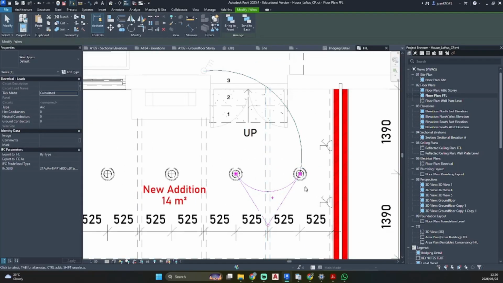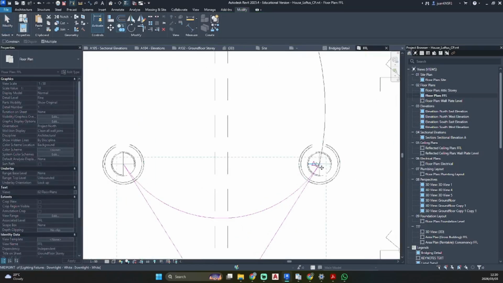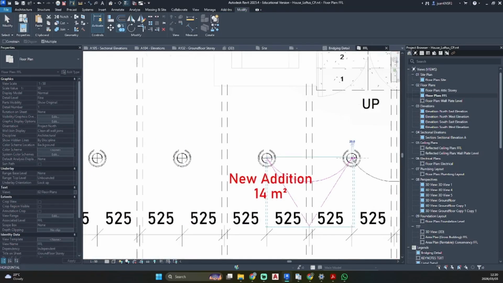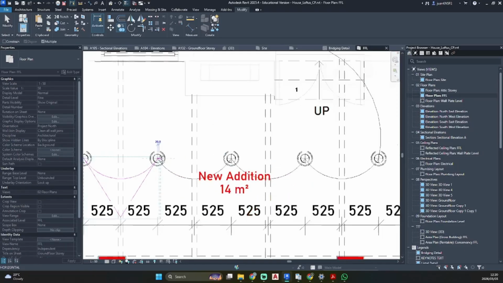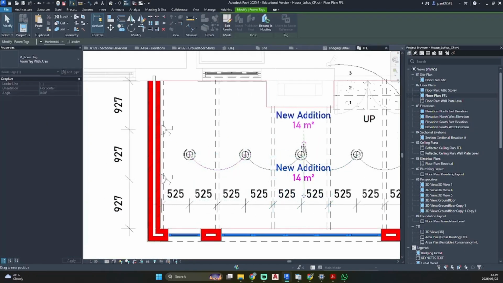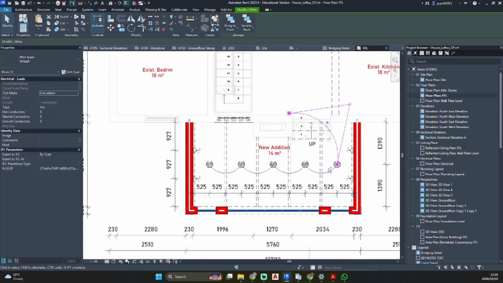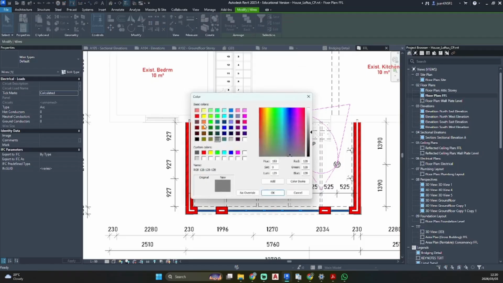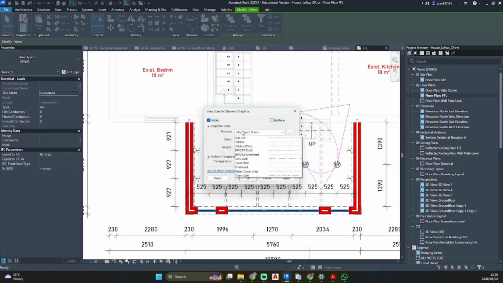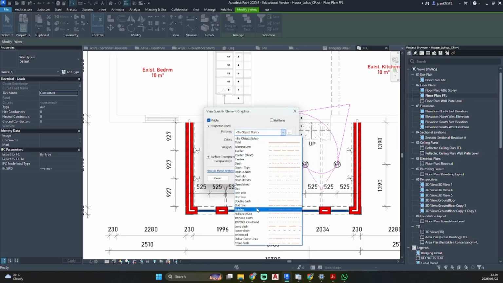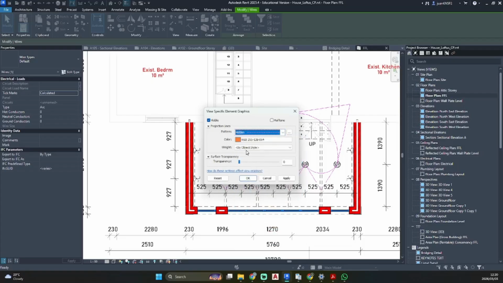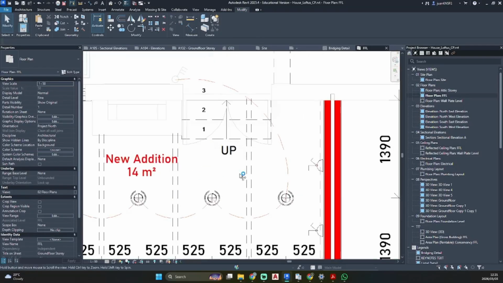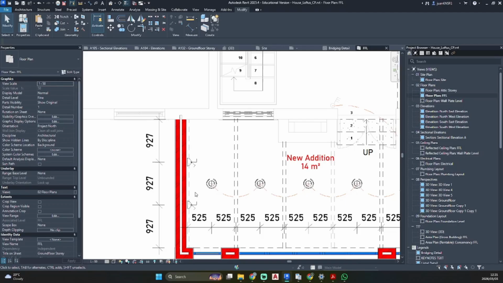So now I already have this one, and we know everything is spaced equally. So I'm going to copy it. And I'm just going to move this up there. And let me just override this to override by element projection lines. I'm gonna make this an orange color and pattern. Let's do a dash. Let's go with hidden and give it like a 4 weight. There we have our electrical